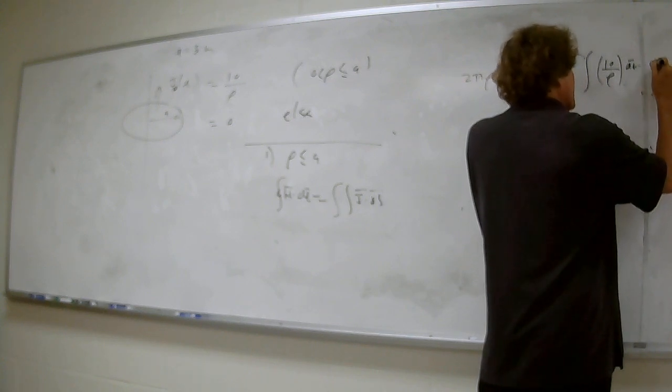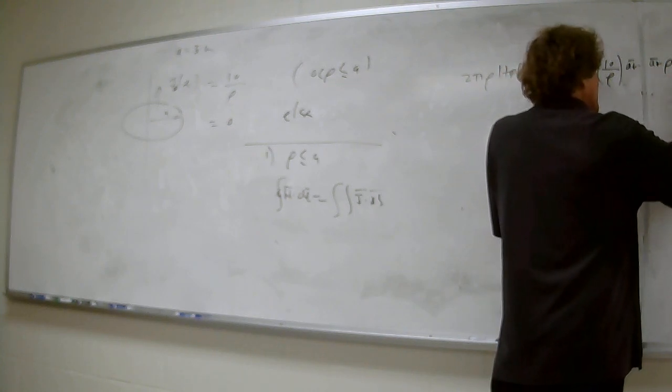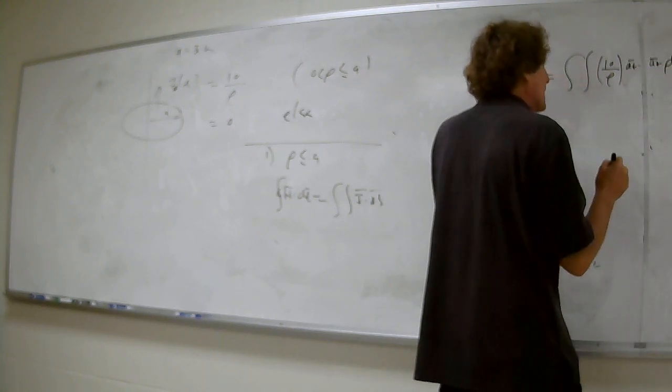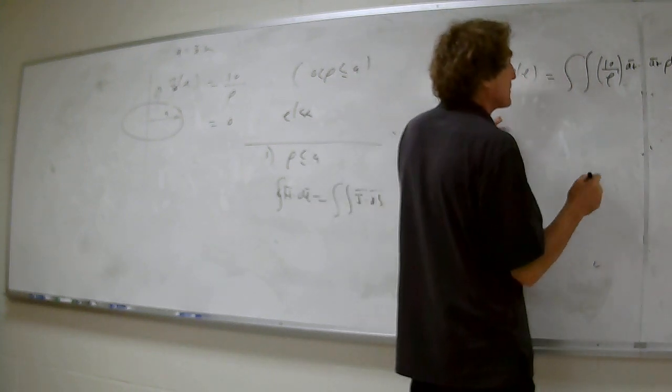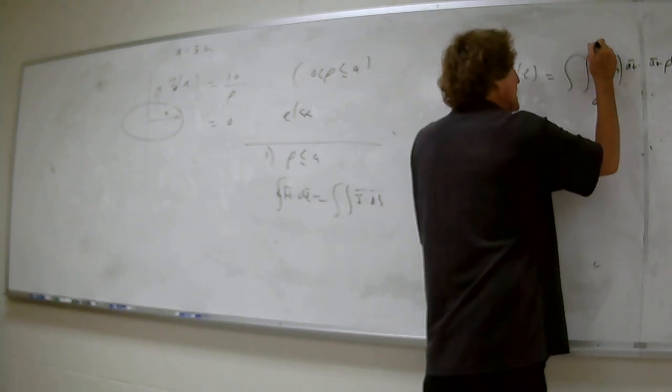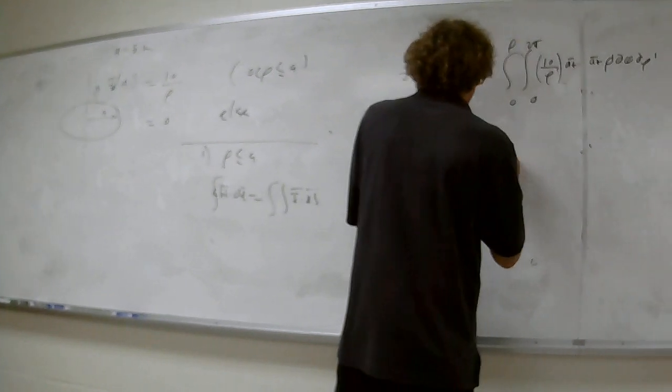So the differential surface is in the az direction, and it's rho d phi d rho. Technically, those should be primed because we're going to integrate out rho. And phi goes from 0 to 2 pi. Rho prime goes from 0 to rho. So here,